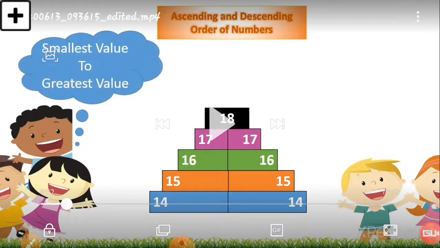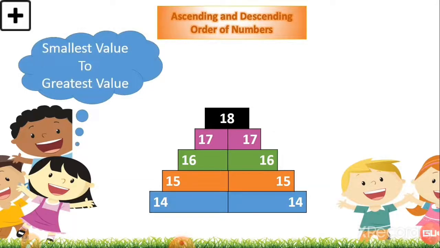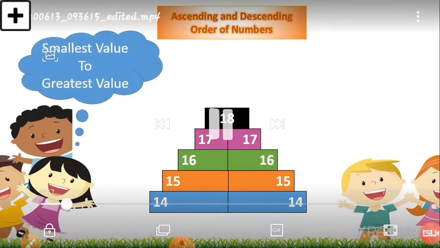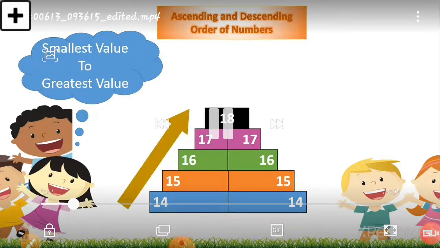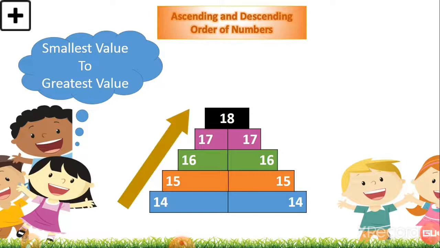Okay, see this, same as for the descending number. Okay, see, in the descending number what? See, you have to go in reverse for the descending number. Okay, here we are going smallest value to greatest value, but in the descending number what will we do? Yes, see, you can see this arrow now here. See, the arrow indicates you have to go from small to big numbers. You have to go greatest value at the last and smallest value at the first. You have to climb the stairs upside.